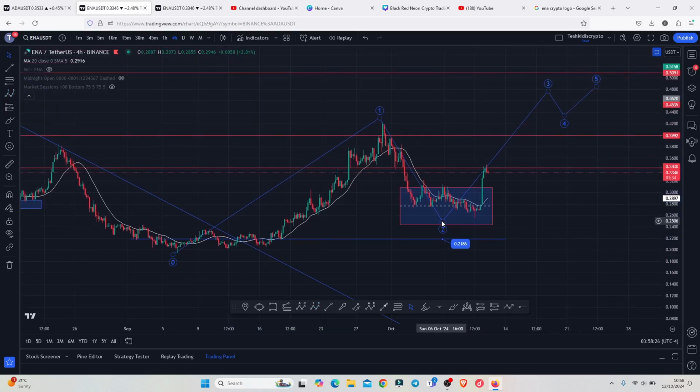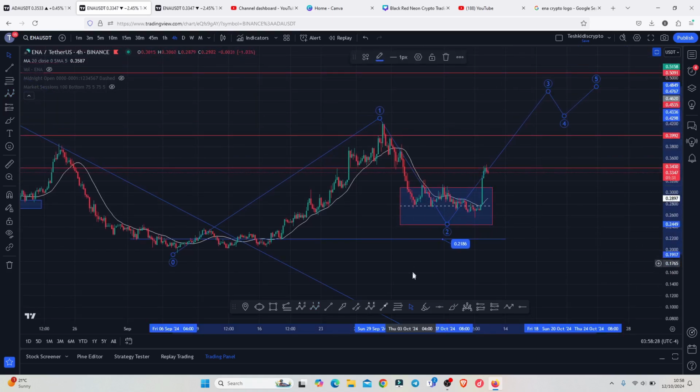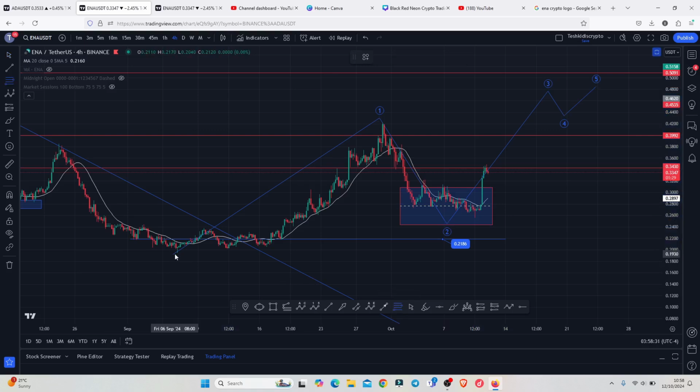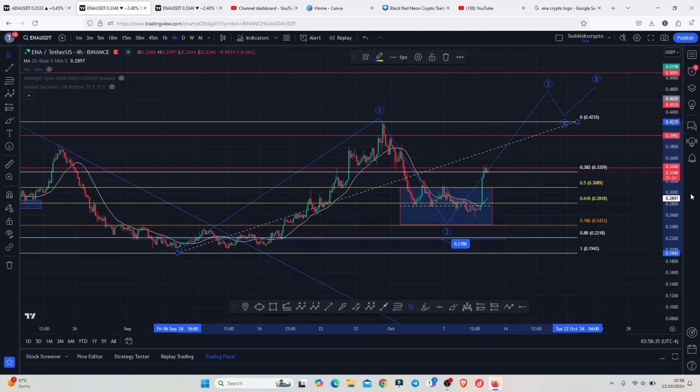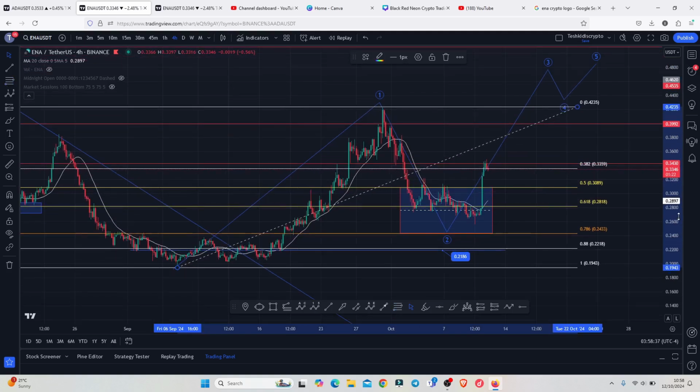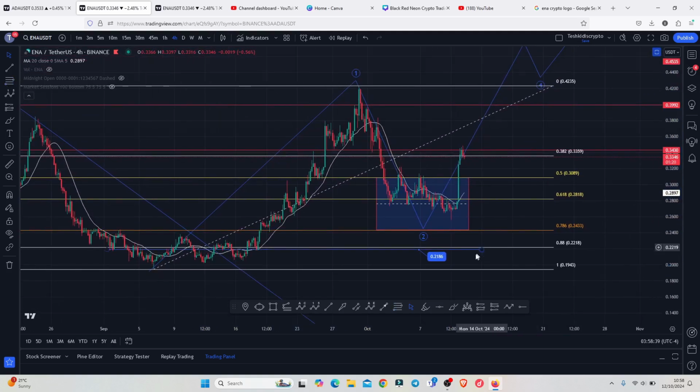And to just show you that the second wave down here did the minimums, by connecting the Fibonacci's from the low of the first wave to the high of this wave 1, I got a minimum target area for the second wave between the fib level 0.5 and the fib level 0.78, and that is between the 0.3089 and the 0.2433, which is the area that I have highlighted here on the chart, an area that we have now fully maximized. And yesterday we saw a reaction of this target area in what I am now terming